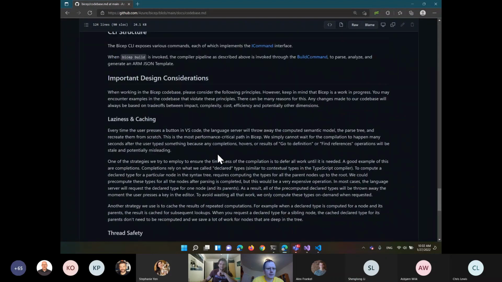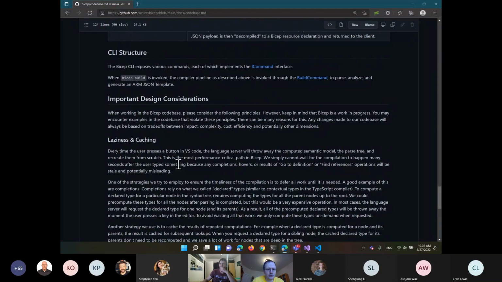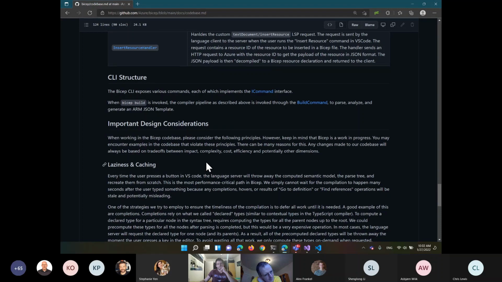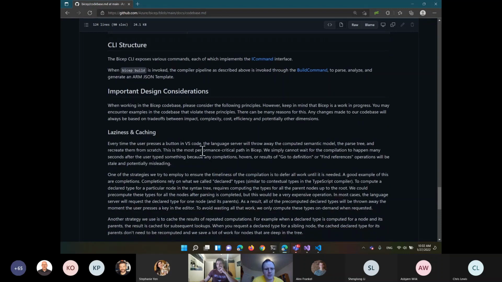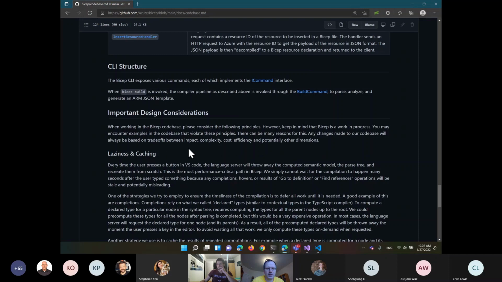One of the important ones that we've actually learned from our mentors that worked on TypeScript and C# was that if there's anything performance sensitive or computationally intensive that we need to do in Bicep, then typically we try to defer that work as late as possible. So we don't pre-compute things that are not needed. Like, for example,